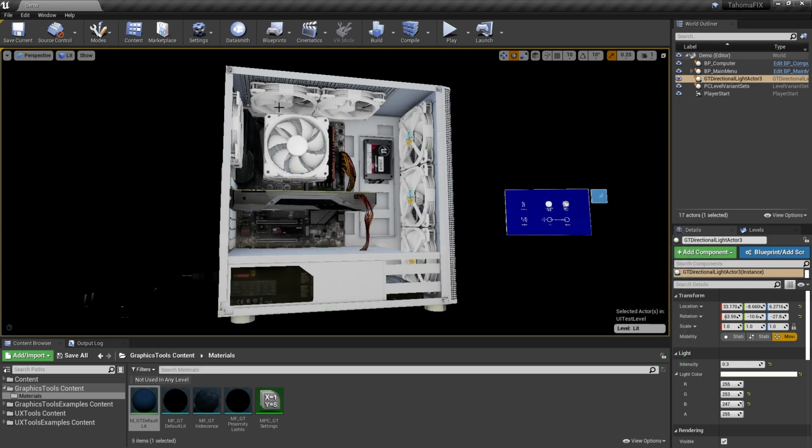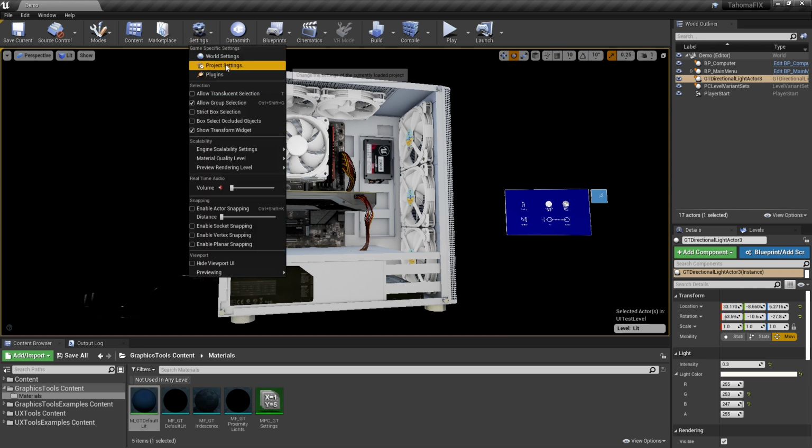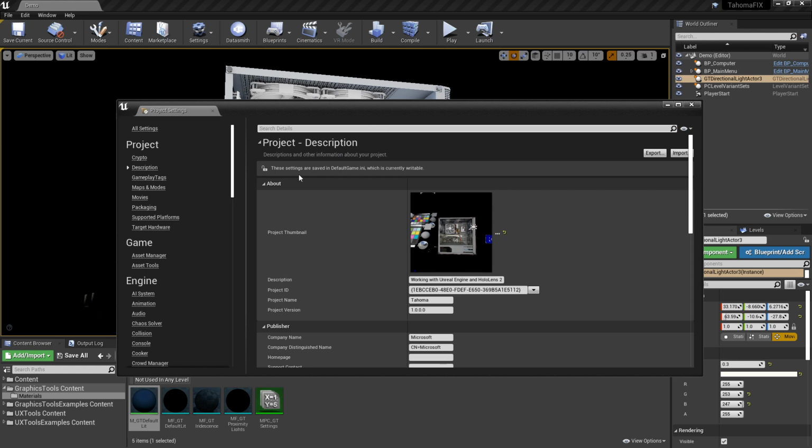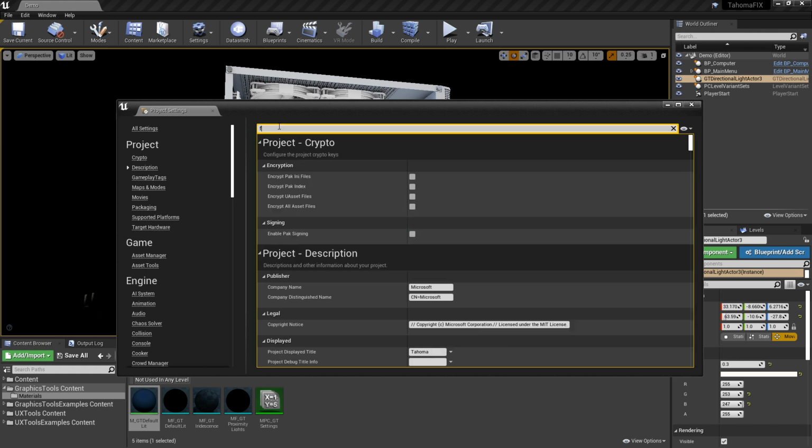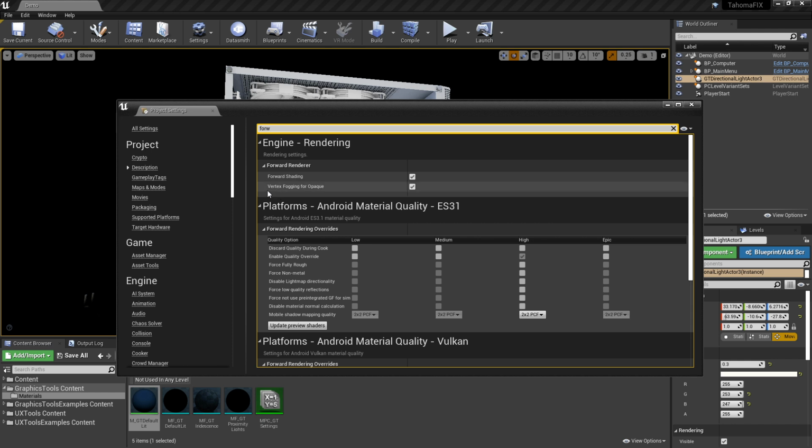And then there's some project settings that you're going to want to turn on and off that are pretty essential, pretty important. So let's go ahead and just jump over into project settings, and I'll show you a few of those. So the first one that you're going to want to make sure you have turned on is the forward renderer. So the HoloLens 2 is always going to use the forward renderer. By turning this flag on, it's going to basically make the desktop version of the editor also use the forward renderer. So you kind of want to do that so that you have a matching look. It's very important, actually. And then, of course, the vertex fogging for opaque is turned on. So those are a couple things.